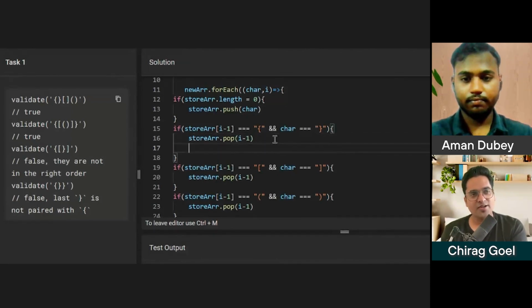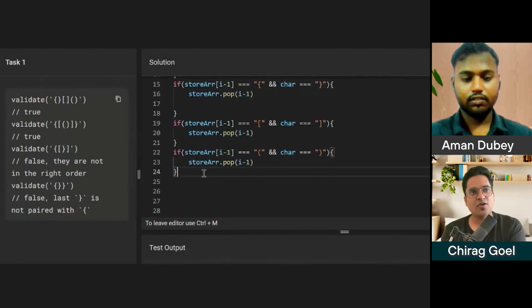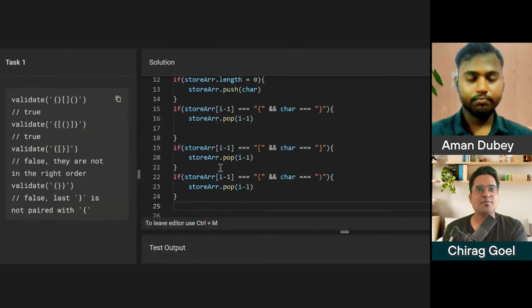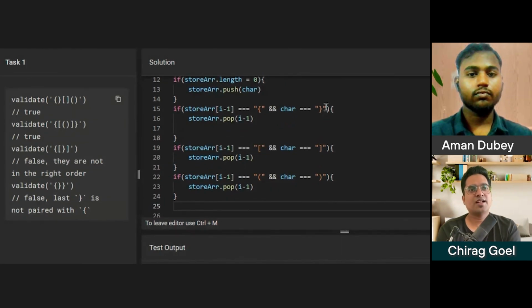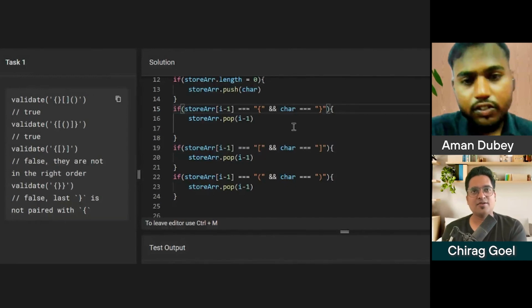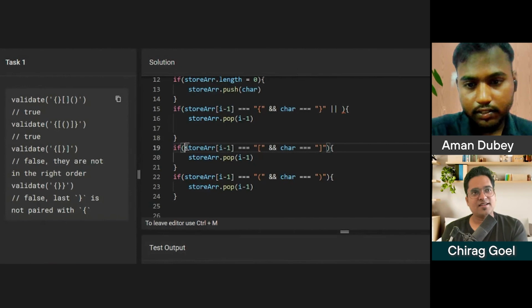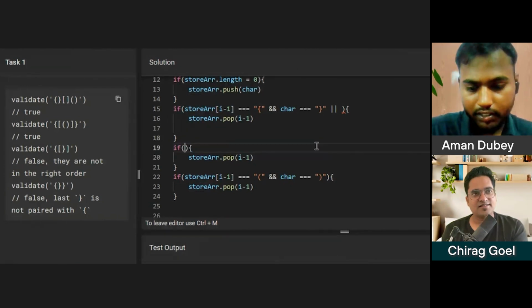If you write your code below to push something, that will always be executed. Write a logic and push it. I can also write an or here, and this will be a little better.